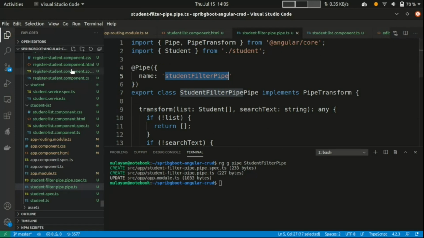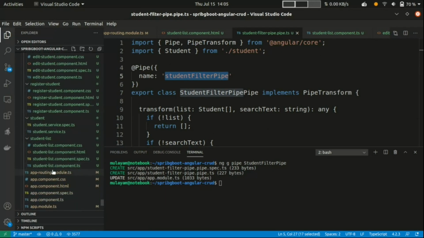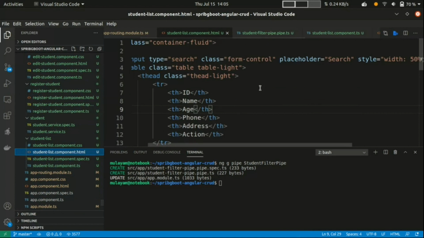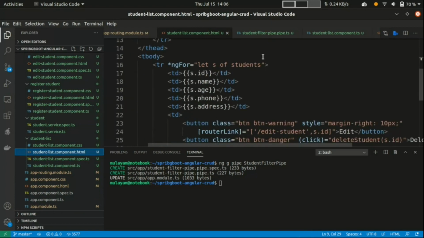How can you use this pipe? Just copy this name, go to student list and add it here. Where is that loop? Here. Give one pipe symbol, the name of that pipe, and here we have to pass a value. So what will happen, it will call that transform method.